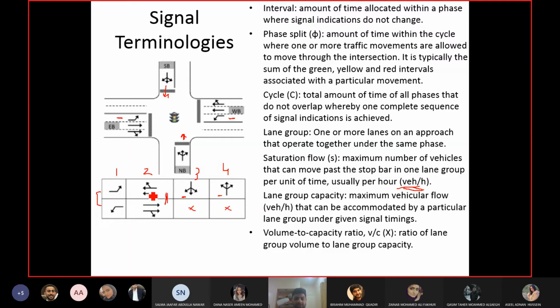Now if I switch this, I replace 2 with 1, so 2 will happen first and 1 will happen after. Then it will become a lagging sequence. Right now it is leading. If I switch their places, this will become a lagging sequence. Leading and lagging is the indication for the turning. So when the turning has first green, it is leading. When turning has green after the through, it is lagging.